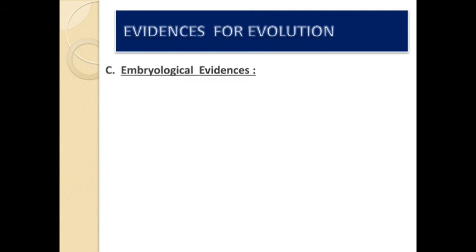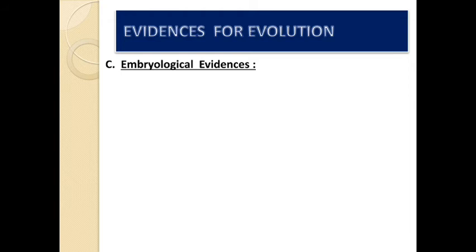So my dear students, evidence for evolution, number C, is embryological evidence. So there is some evidence related to the embryo. Do you know what an embryo is? When male gamete and female gamete fuse together, that activity we call fertilization. After fertilization, a zygote is formed. From the zygote, in future we will get an embryo, which we may say is a mass of cells that shows life. So we can say that from the zygote itself life formation starts. So the embryo is a formation from that zygote.